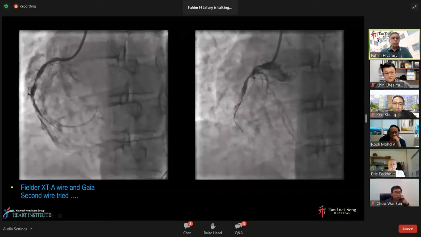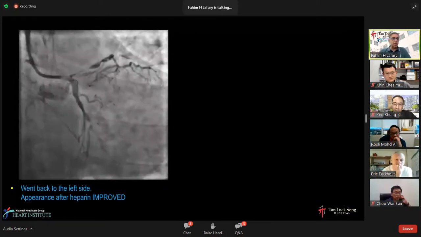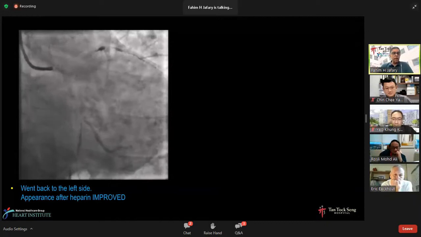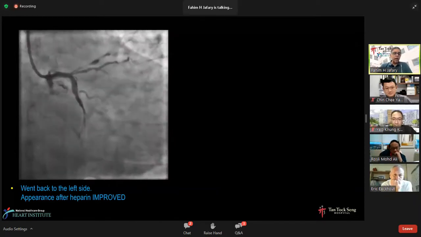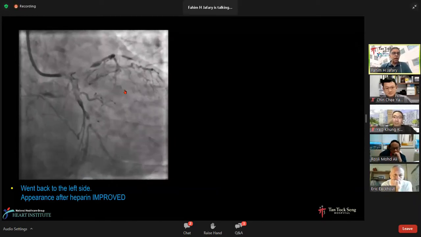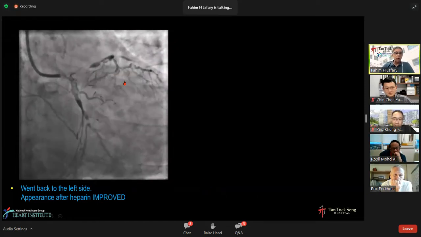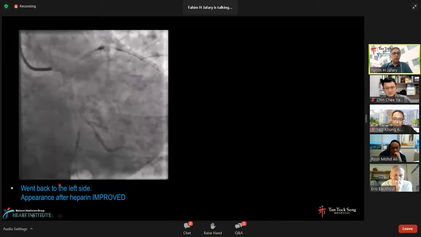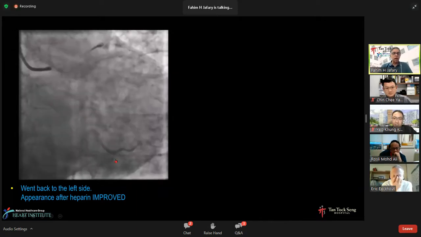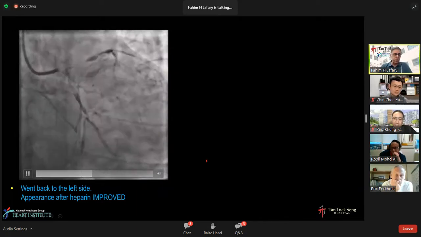So I then went back to the left side, this is again a 6 French XB3 guide. Notice that heparin's been given by this time. And if you look at the circumflex, it looks considerably better than what it was when we started off, suggesting that maybe this is the culprit, which would have fit with the lateral changes on the